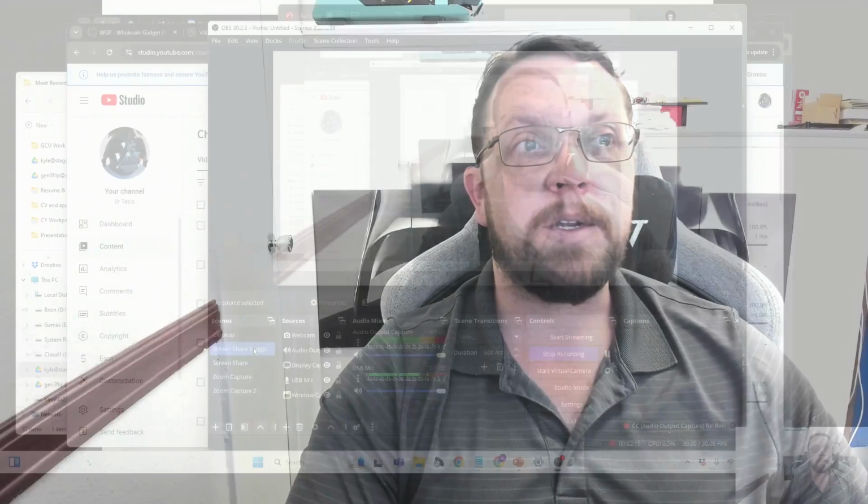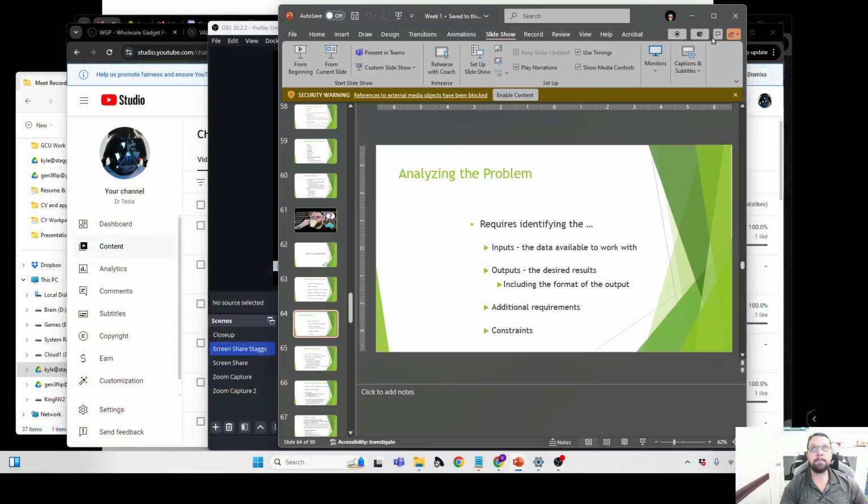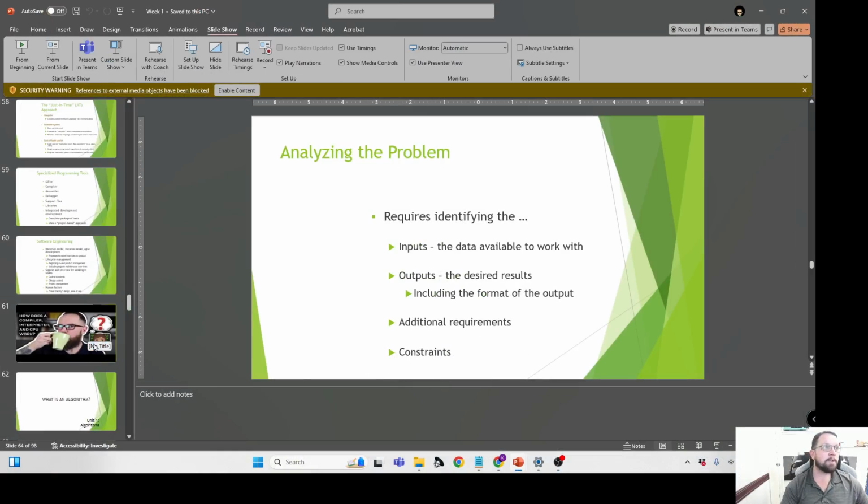The core of which is going to be the development of algorithms and what that looks like. So we're going to switch to screen share, and I'm going to go to full screen on this because it will make life a little bit easier. Try and keep you guys from getting motion sick from the